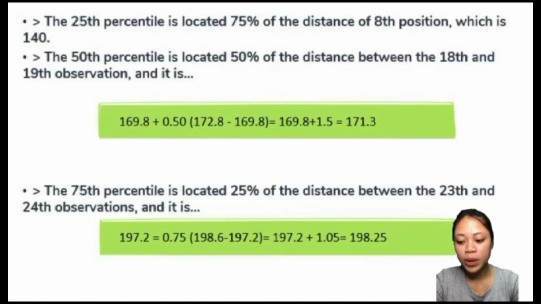197.55. The 25th percentile is located 75% of the distance of the acquisition, which is 140. This is an integer number. The 50th percentile is located 50% of the distance between the 18th and 19th observation, and it is 171.3. The 75th percentile is located 25% of the distance between the 23rd and 24th observation, and it is